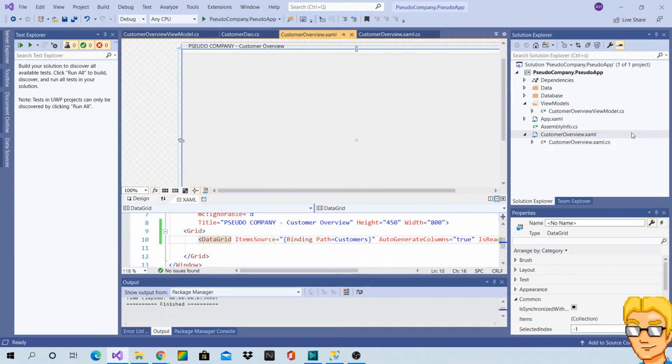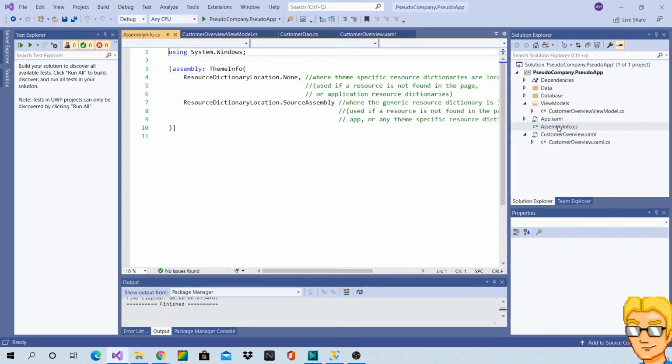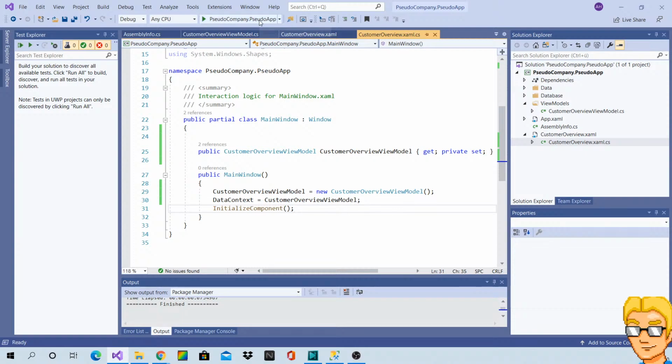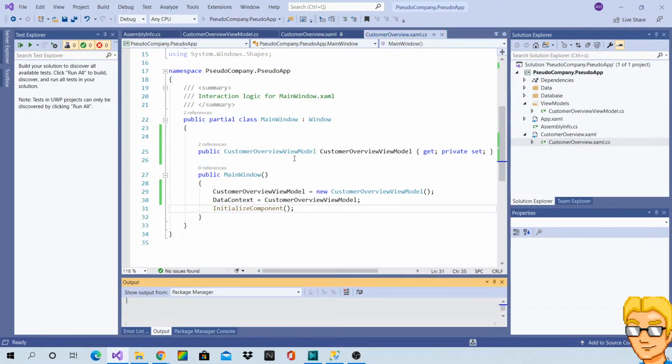I think theoretically we're at a point where we can actually run it, if we didn't forget anything, which we probably did.